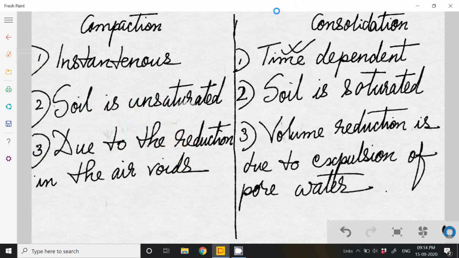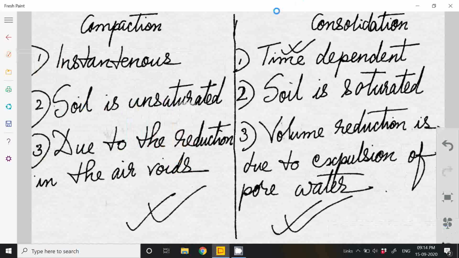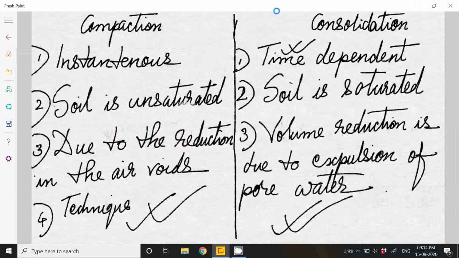Okay, so these are various differences. Then, compaction: you need not write it here, we have already discussed it. Compaction is due to compaction techniques. If you need to write number 4, you can write that there are mechanical techniques using machinery to compact. Now consolidation is due to a sustained load